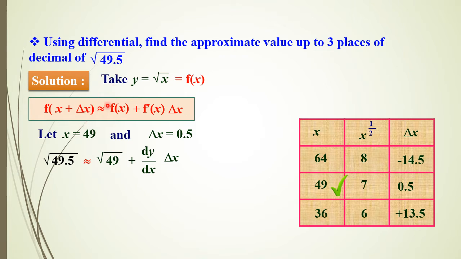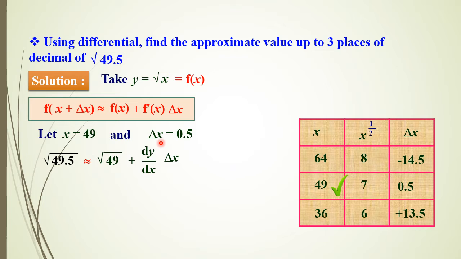Before the decimal point, consider the number x equal to 49. After the decimal point, the number 0.5 you consider as delta x. Without using a calculator, by applying the concept of first principle of derivatives, you can find its approximate value. Using a calculator the value can be determined within a fraction of a second, but without a calculator it is very difficult. So differentiation provides us one big feature here. By using that concept, the square root, cube root, fourth root, fifth root, 10th root of any kind of number can be determined very easily.